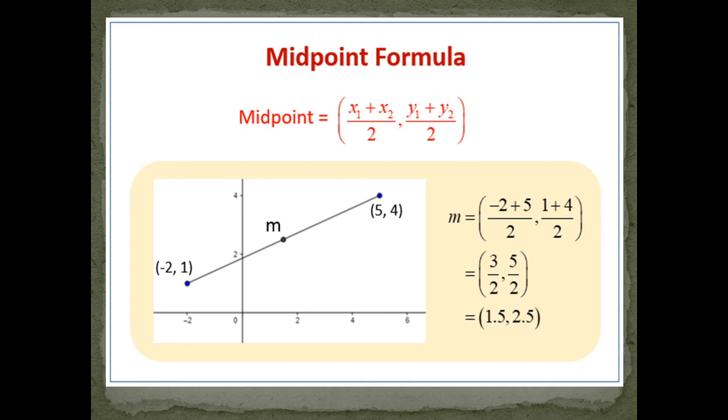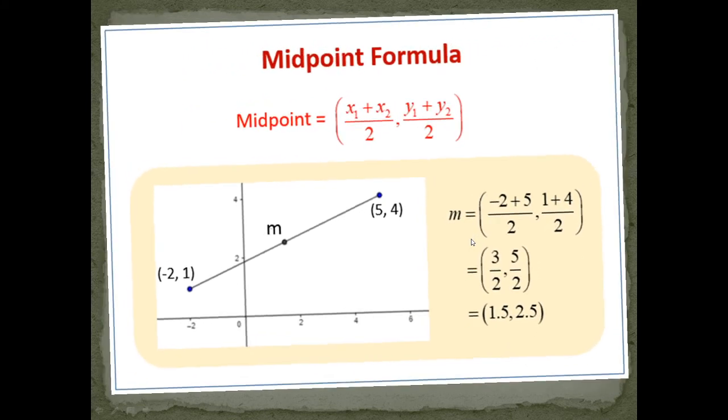And coming to this one, the midpoint formula. The midpoint formula describes the midpoint of the line segment joining the points (x1, y1) and (x2, y2). Here I am taking (5, 4) and (-2, 1). Actually the formula is (x1 + x2)/2 and (y1 + y2)/2. While finding the midpoint of (5, 4) and (-2, 1), you can take this one as (x1, y1) and this one as (x2, y2), or else the other way around, and substitute in the formula so that you'll get the midpoint of the line segment. So this one, the midpoint formula.